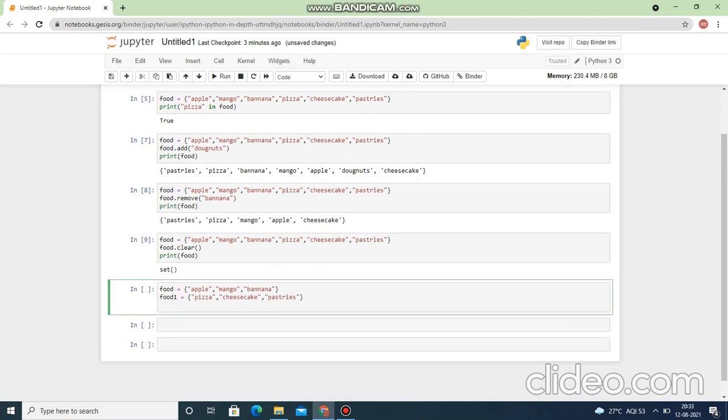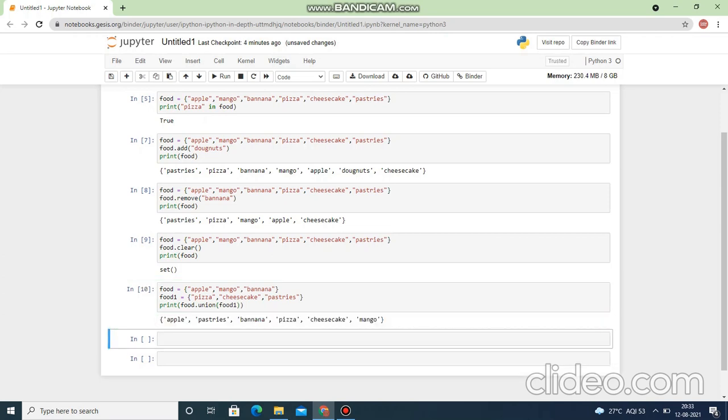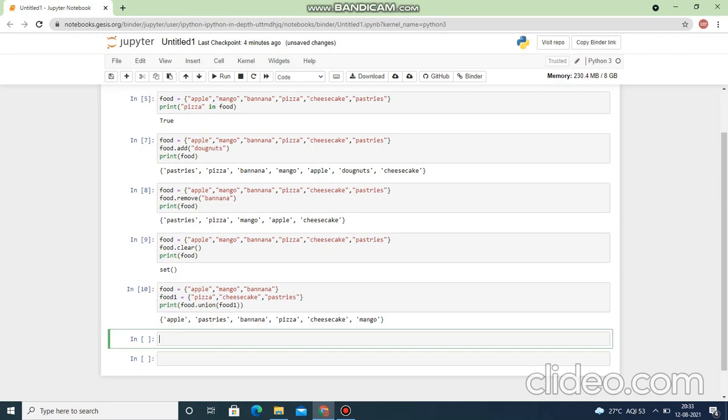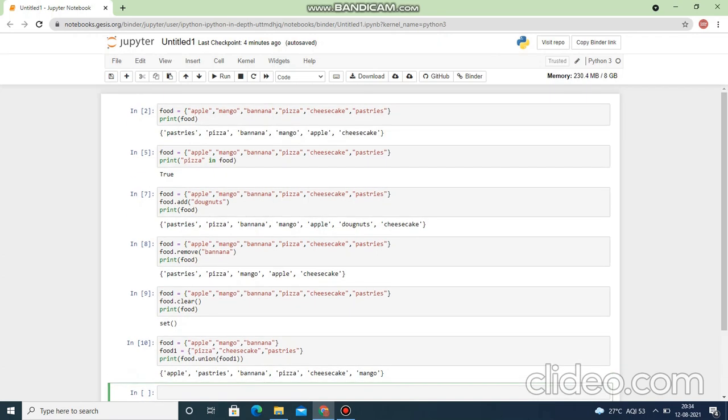What you have to do is print food.union, union is the function, and let's give food1. Now you will be able to get the complete set. It's not like the addition sign, but it's called the union.